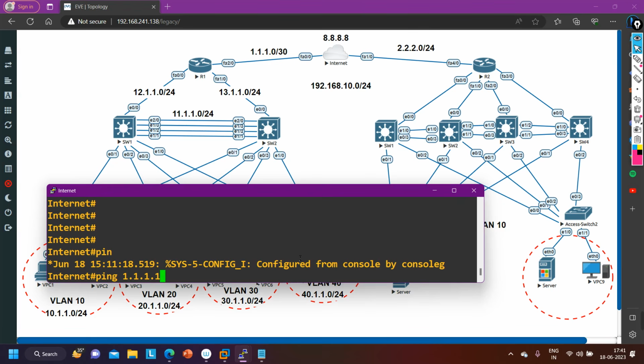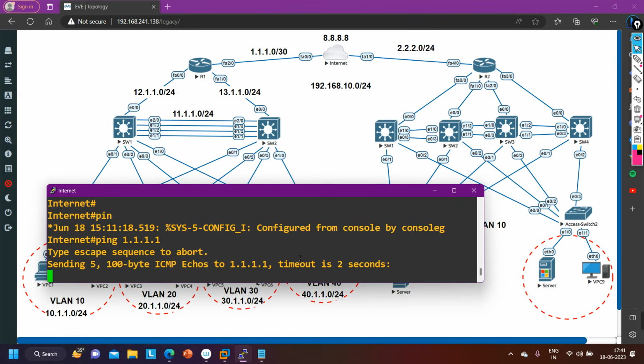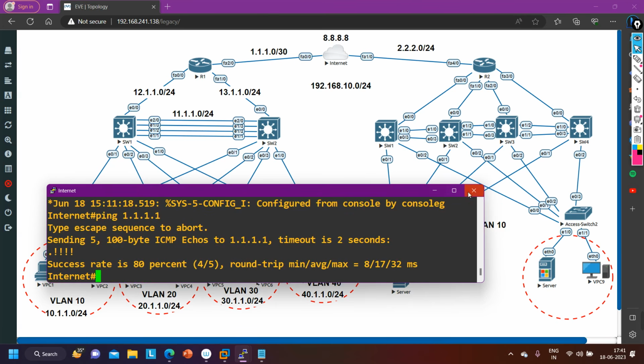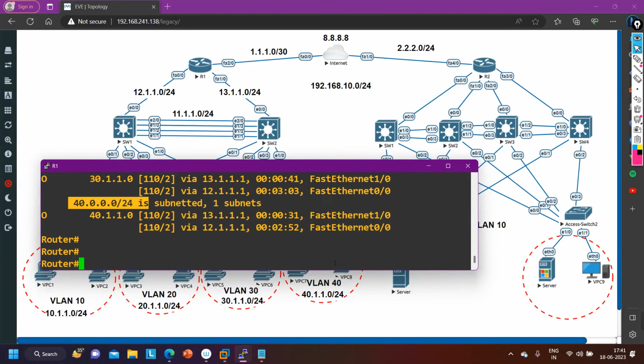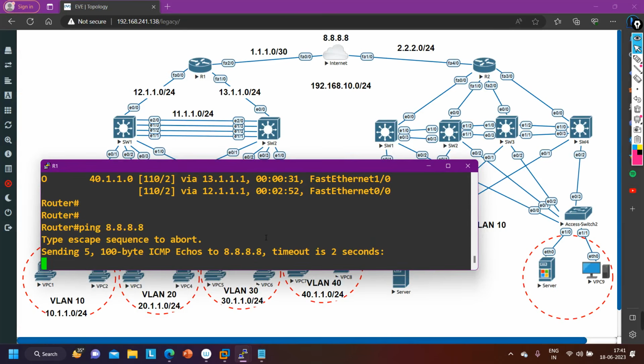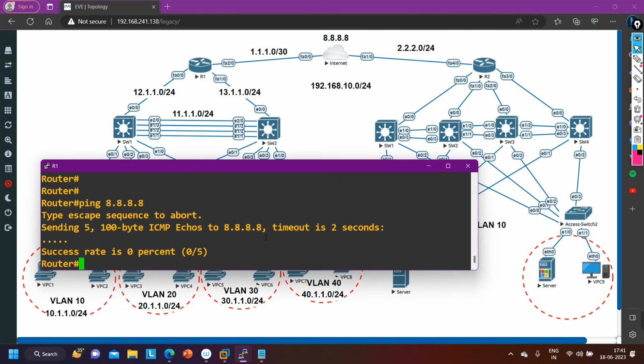Ping 1.1.1.1. It should be able to ping. Yes, it is able to ping. Now I am going to close this, and from router number 1 you can see whether I can ping 8.8.8.8 or not. Till now I cannot ping 8.8.8.8 because here I am going to configure one default route towards the ISP. After configuring the default route towards ISP, router 1 can ping 8.8.8.8 from the WAN interface only, not from the